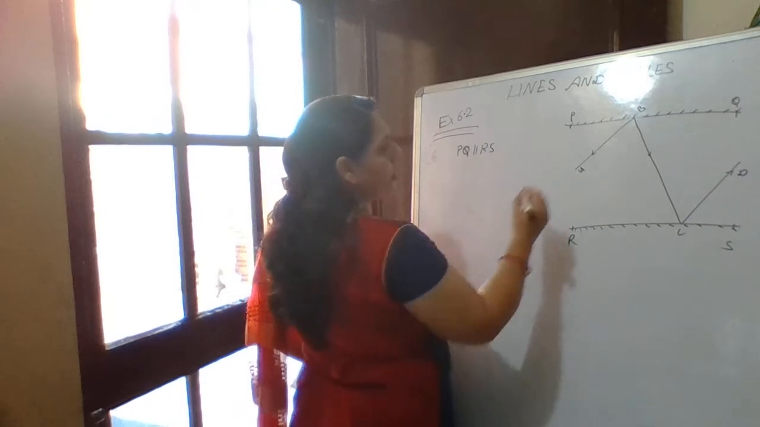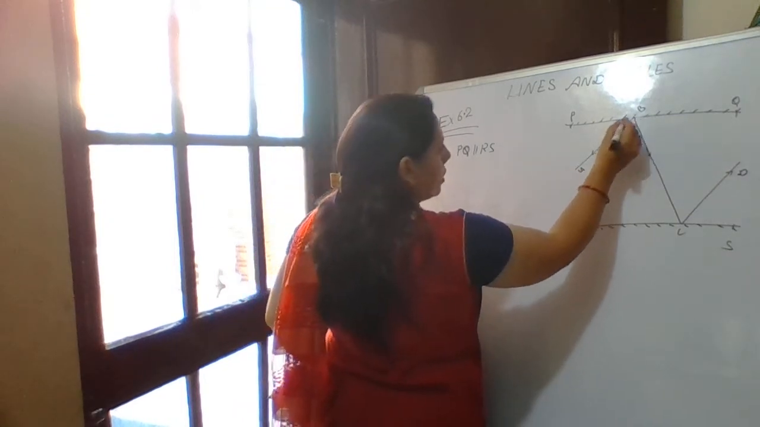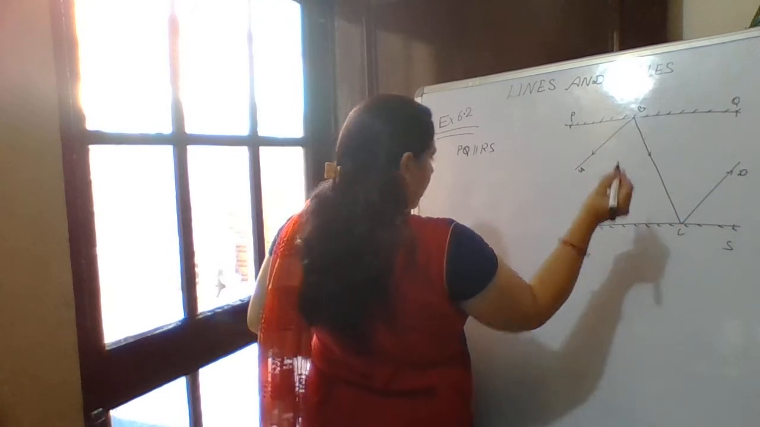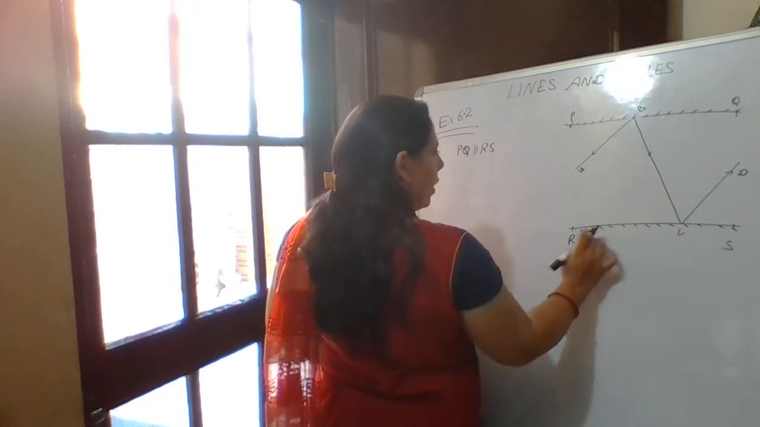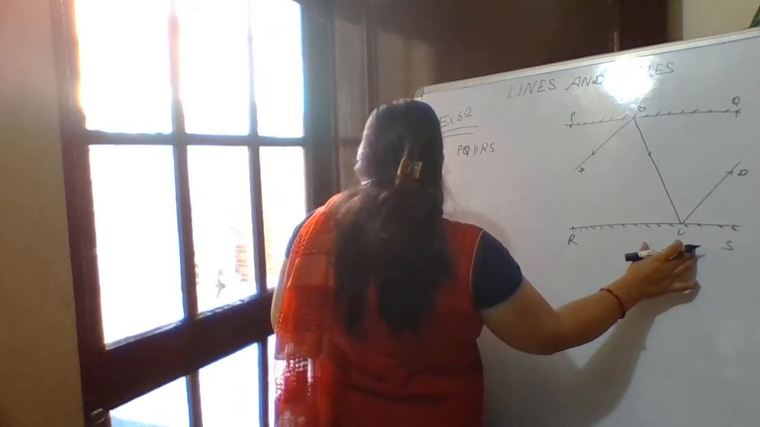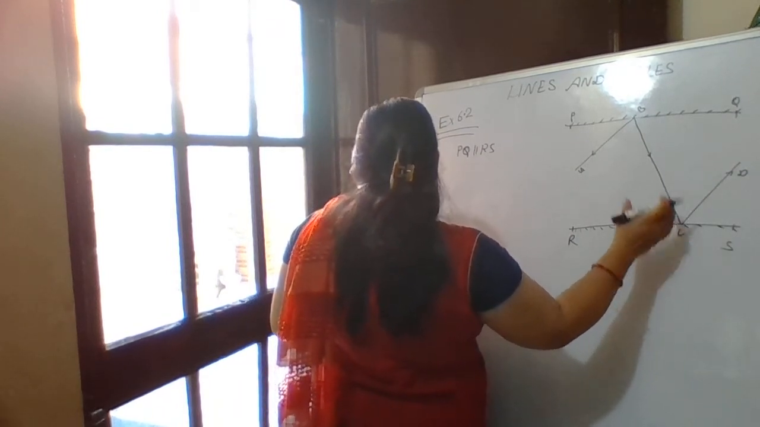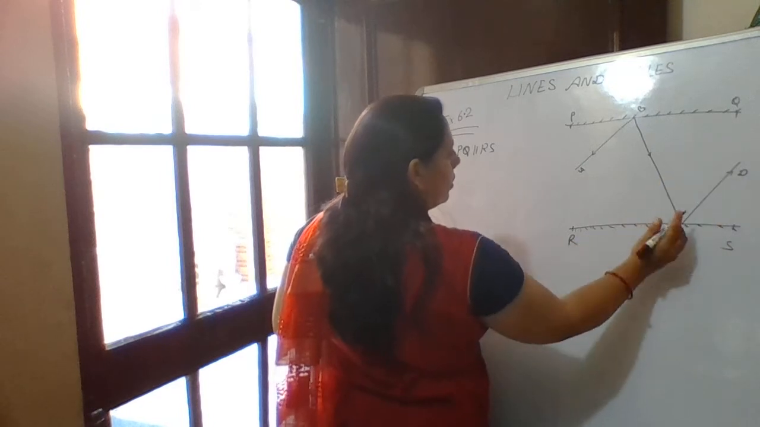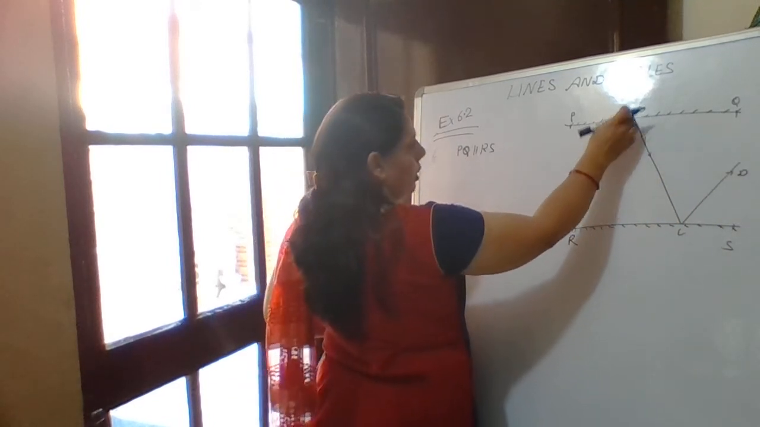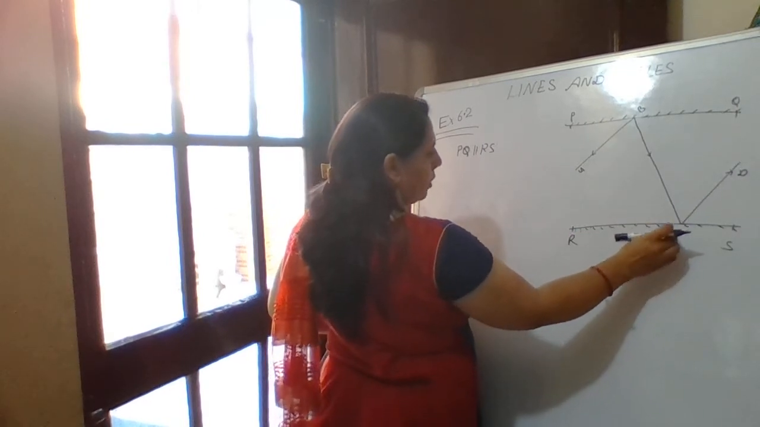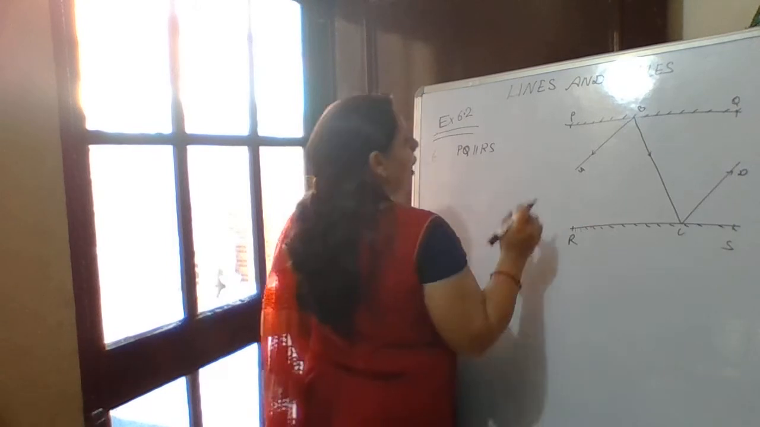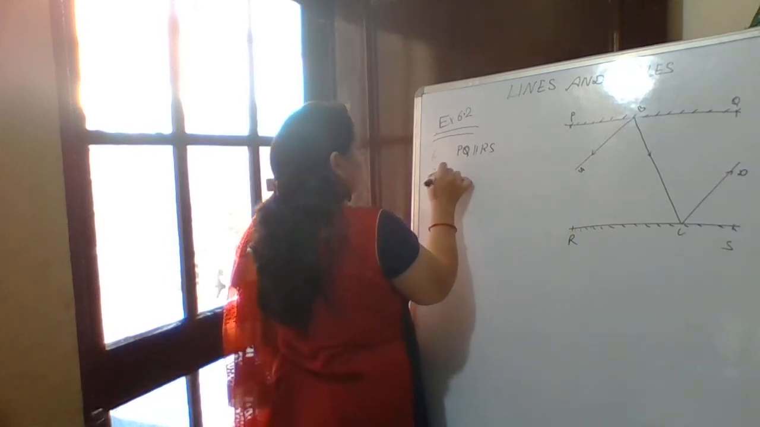After that, an incident ray AB comes and strikes the PQ mirror at B and then goes to point C, where it strikes the mirror RS at point C and then again reflects back along CD. Means firstly this ray strikes at point B, then reflects, and then it strikes at point C and then again reflects and goes along CD. And we have to prove that